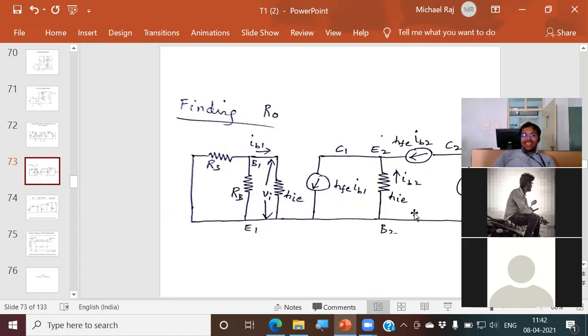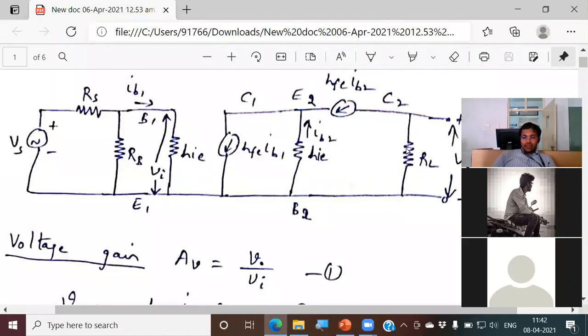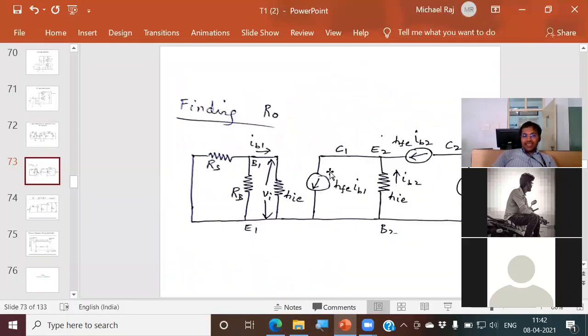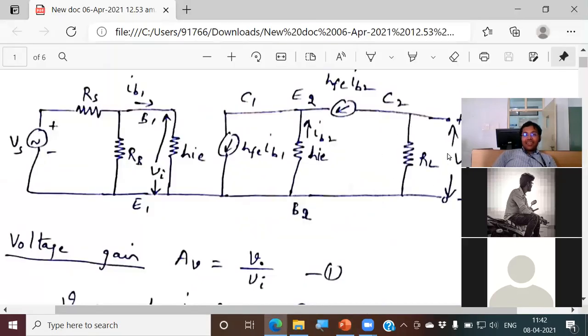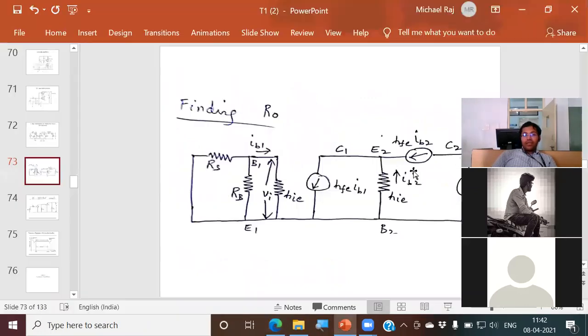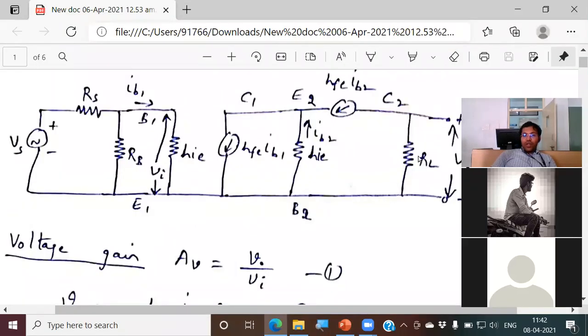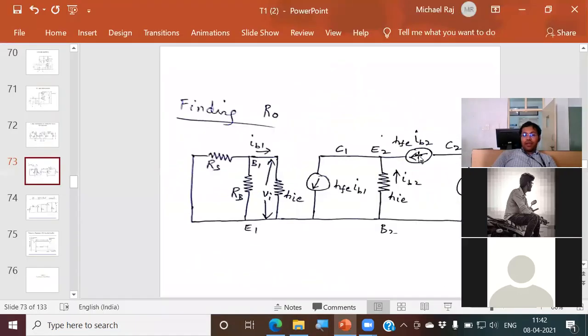Now when I analyze the resistance at the output terminals, that will give resistance without RL. How to get overall resistance? After finding resistance here, take the resultant value in parallel with RL. Use the formula: two resistors in parallel, R1 R2 by R1 plus R2. So here output resistance R0, and RL I pulled out. If I want to get the effect using RL, I will take the parallel combination of R0 and RL.